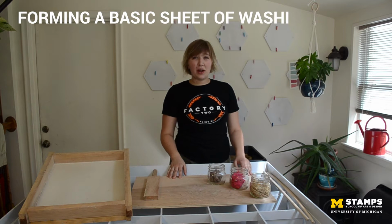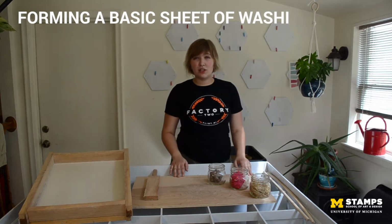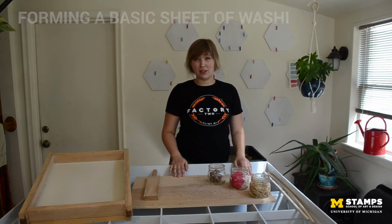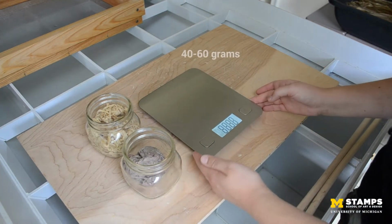In this video, I will show you how to make a basic sheet of kozo paper using Tosa and Mitsumata fibers. Let's get started. So to start forming a basic sheet of washi, we will work with 40 to 60